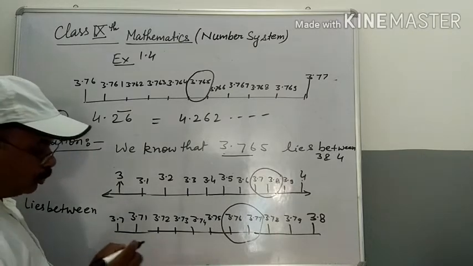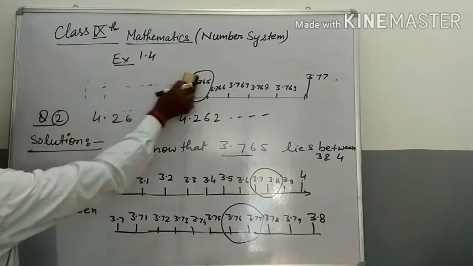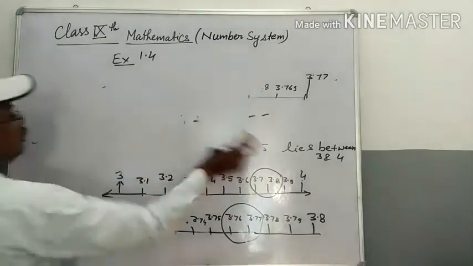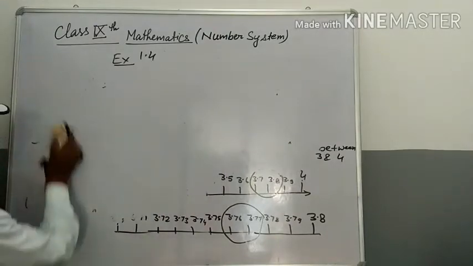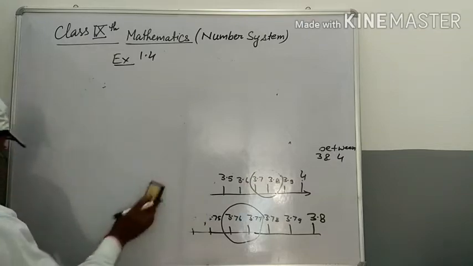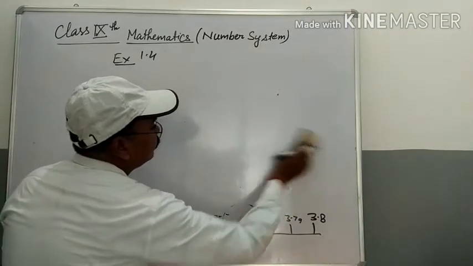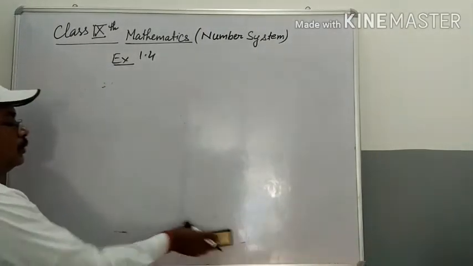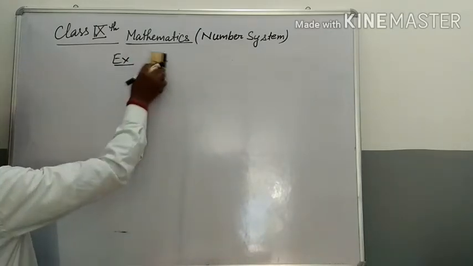Now we will continue, students, with the next exercise, 1.5. Let us join, students, this new exercise 1.5. Classify the following numbers as rational or irrational. Students, we have already studied in our previous classes